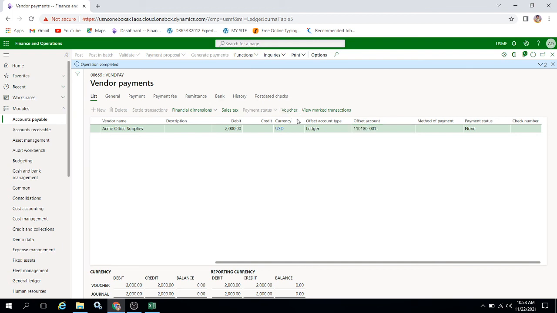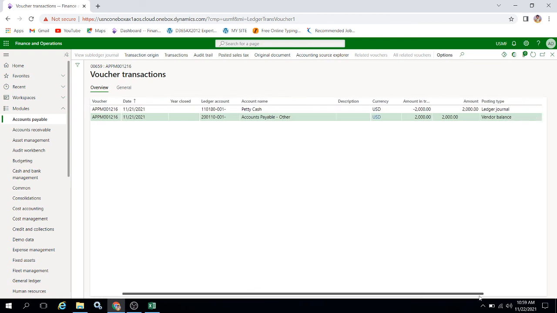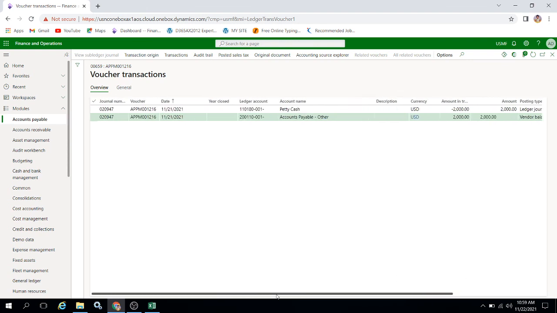So let's check the voucher. See here, it's posted to accounts payable others and petty cash. Okay, it's the vendor balance. This is the way we can do prepayment from the payment journal. So this is one of the ways that we can do prepayment.